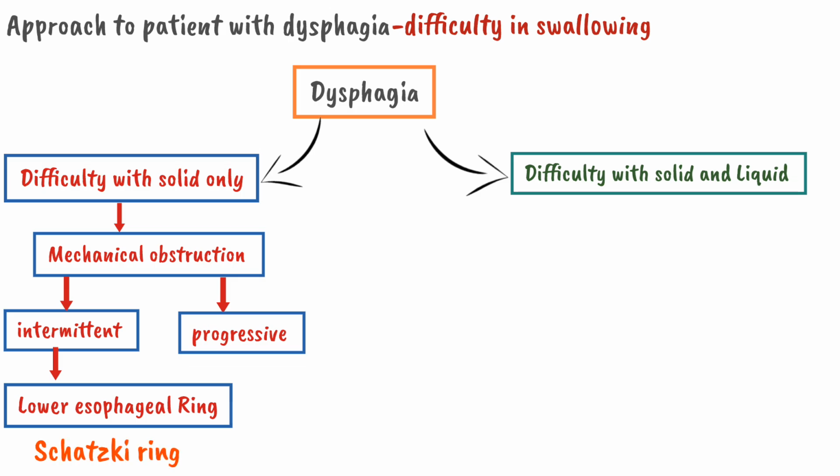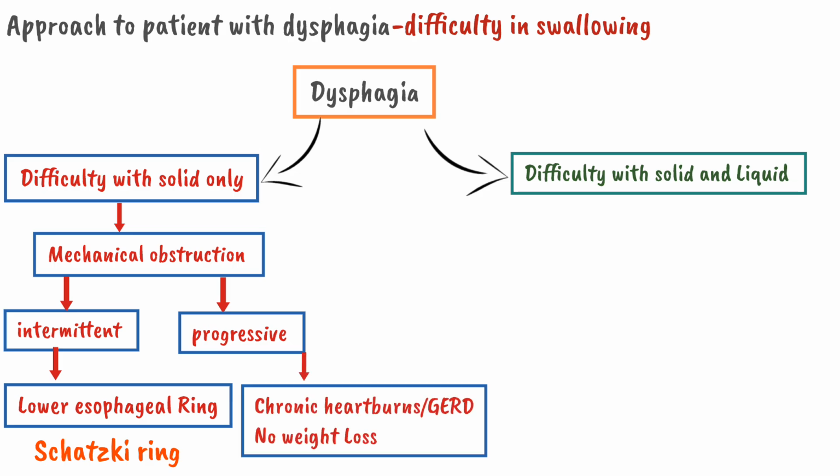And if there is a progressive dysphagia to solid, then we have to ask for other symptoms. It means that if the patient is having a progressive dysphagia to solid, then we have to ask for other clinical symptoms, and those symptoms will guide us to the diagnosis. If the patient is having a progressive dysphagia and along with it chronic heartburn and GERD and there is no weight loss, then the most common cause is peptic